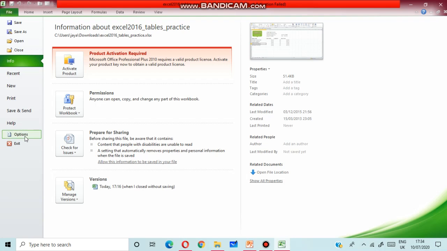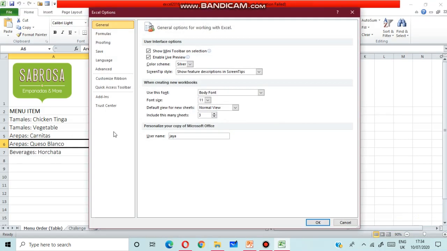You will select options. In Excel options there are other options: formulas, proofing, save, language, advanced, customize ribbon, quick access toolbar, add-ins, trust center. You will select quick access toolbar.